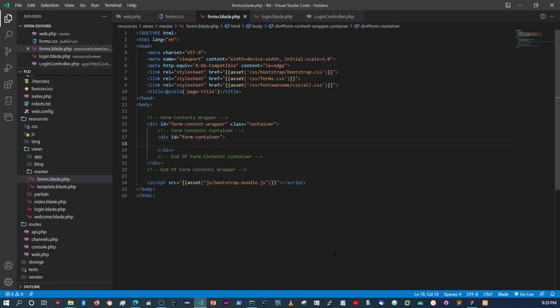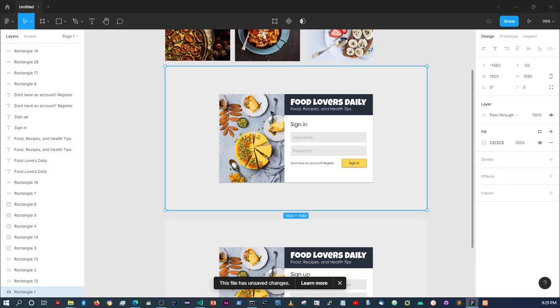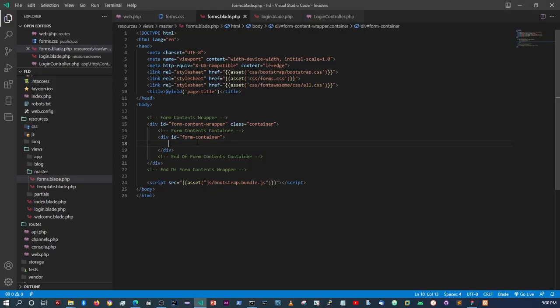All right. So this is where our form is going to reside, within this particular div over here. So we need 2 things. We need 2 columns, which is this one over here and this one over here. This one is going to contain the form, and then this one is just going to be an image. So for that, we're going to say,